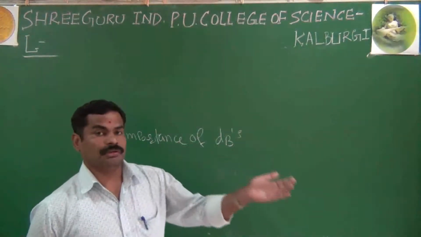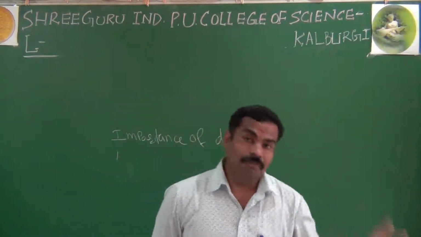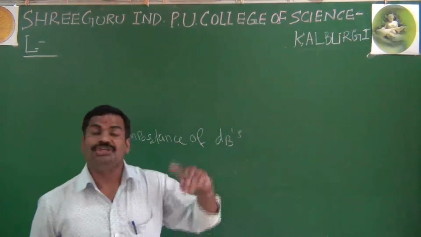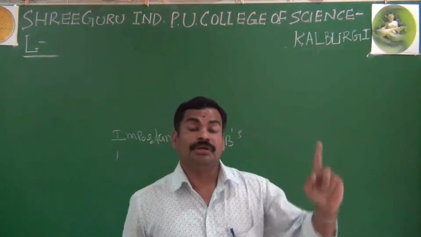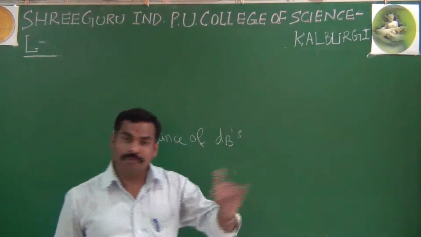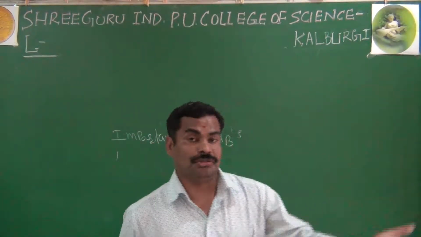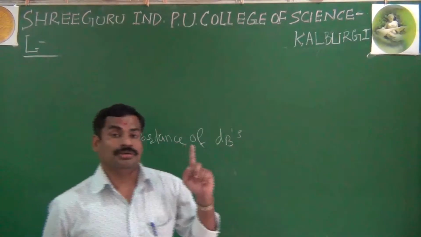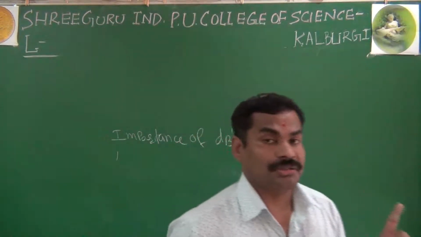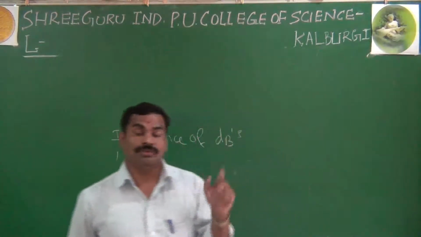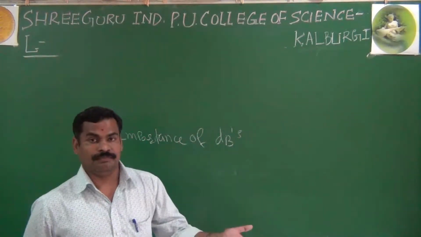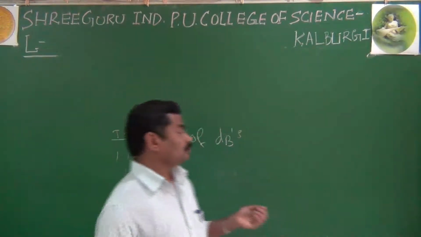We'll get the sound from the loudspeaker. That sound will be heard by our ear. The hearing of sound by the ear is according to the logarithmic intensity of sound, not directly according to the intensity of sound. Our ears hear the intensity of a sound logarithmically, not directly. Right? This is about the importance of dBs.